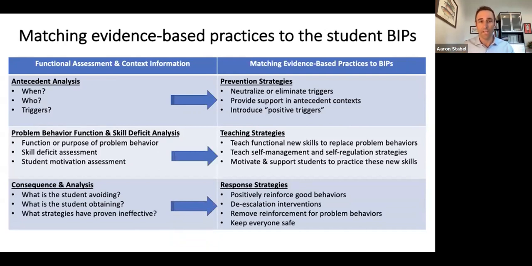And then lastly, we just need to recognize that our consequences thus far have not been effective in changing behavior. So we need to look at a different way moving forward. And so if the teaching strategy section of a BIP is the holy grail, then I call the response strategies the bitter pill of a BIP. And the bitter pill is this: the student's behavior is not going to change overnight. And so we need to make sure that we are responding to future behavior problems as effectively as possible to de-escalate, extinguish, and keep everybody safe, and do that as consistently as possible while the prevention and the teaching strategies have time to change behavior.